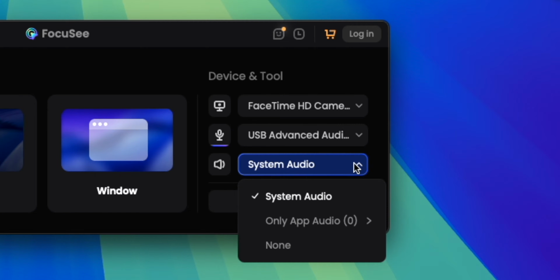Lastly, you could choose to also record the system audio. So any audio that's playing on your computer, you'll be able to record, whether that's music,